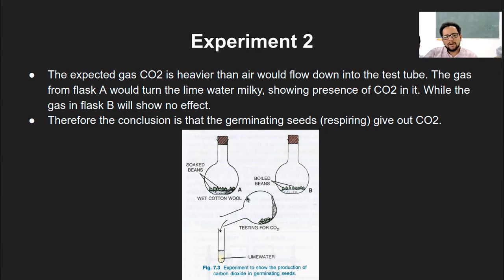Again, in the whole write-up you have to write: you take a flask, you put the wet cotton, then you put germinating seed, and so on. I am not discussing that, but if you look at this experimental setup, it will be very easy. This is the experiment to prove that germinating seeds respire and give out carbon dioxide. So that way the lime water acts as an additional proof point. I hope you are following, and I'm just pushing through because these experiments are relatively simple.